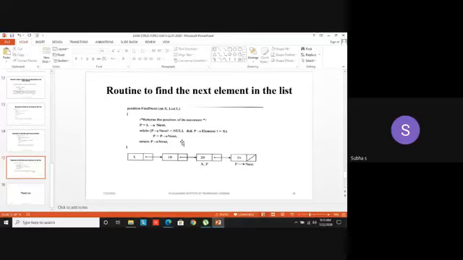Similar thing, we are going to find the next element for a given element. You have to know the element also. For which element, you must specify the next element. For a given element, it can be 10 or 20 or 25. For the same example, I am writing the routine. For 20, I have to find the next element 25. You have to return 25.